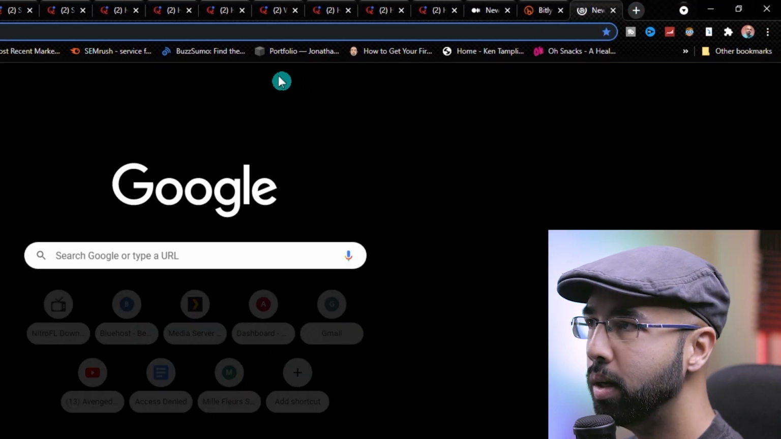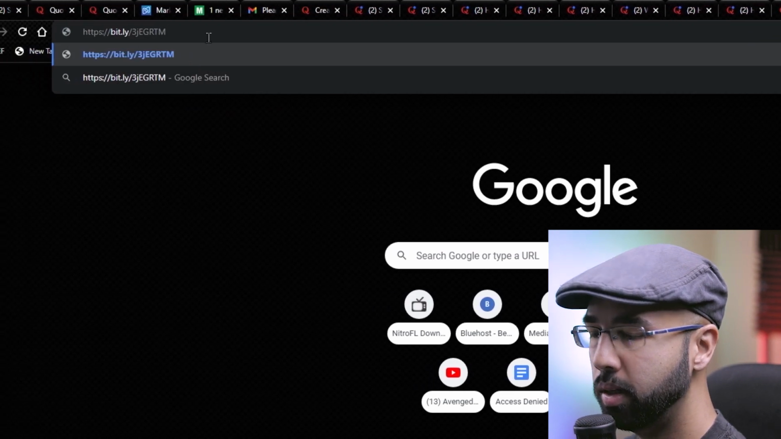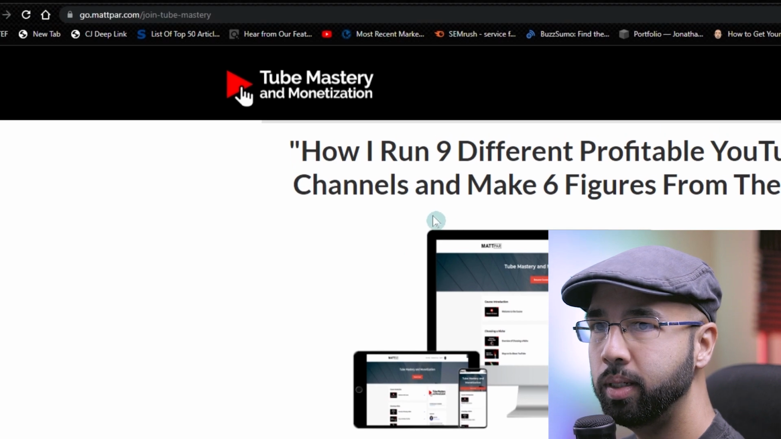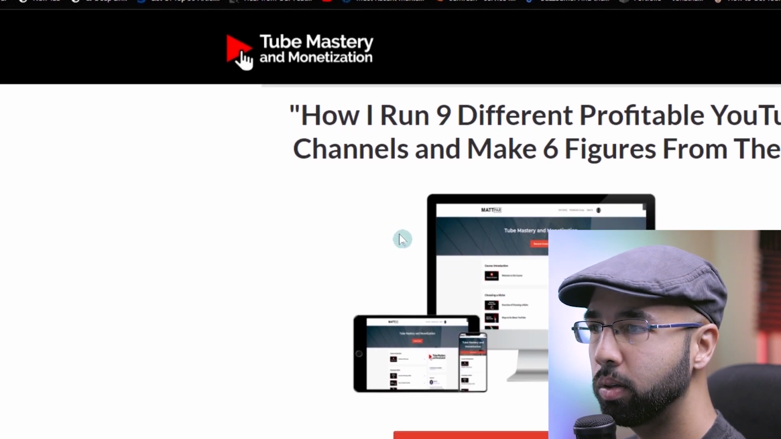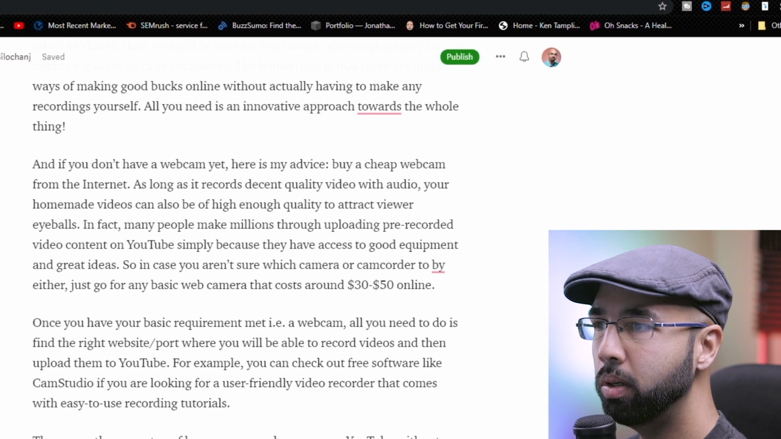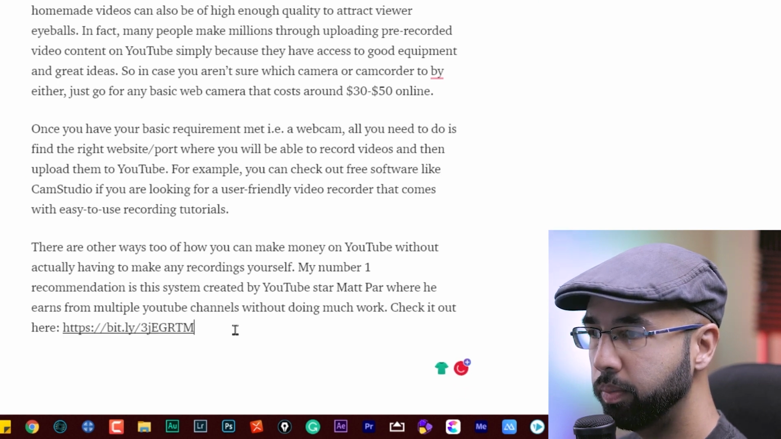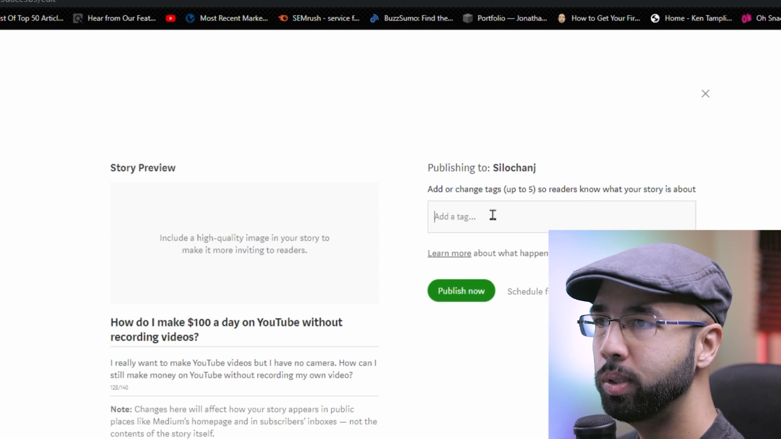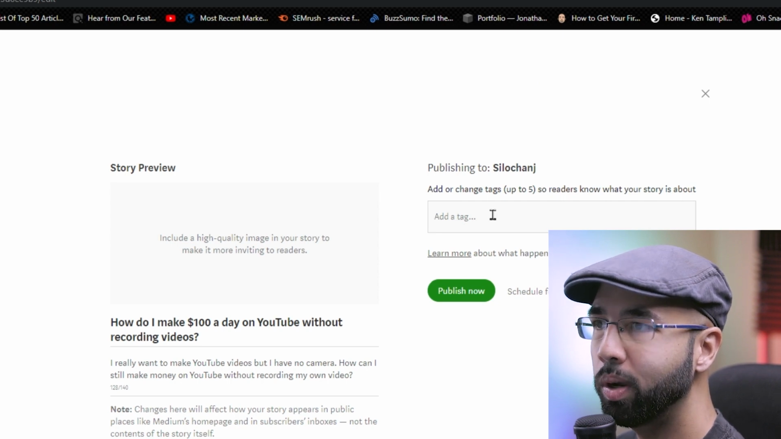So you can see here, if I come over to a new tab and I hit paste, enter, it should take me to that landing page. But this is with my affiliate link. So I'm just going to come back over to medium.com here now, hit paste, and then I'm just going to simply hit publish. You have to add a few tags here so that your article could be found organically, but